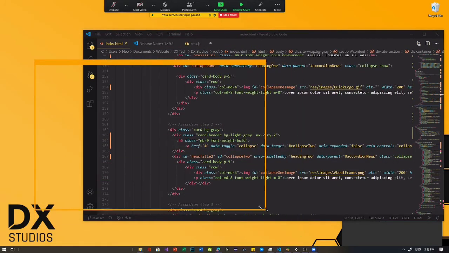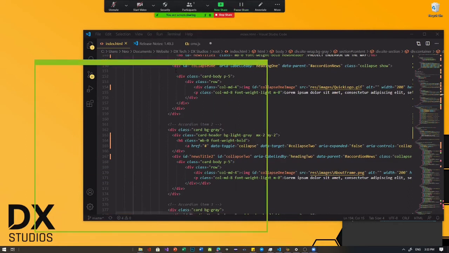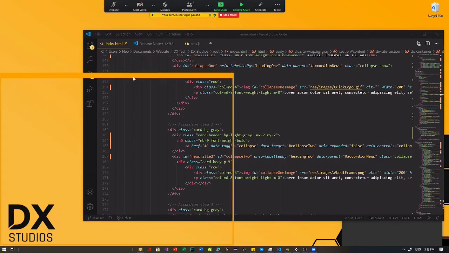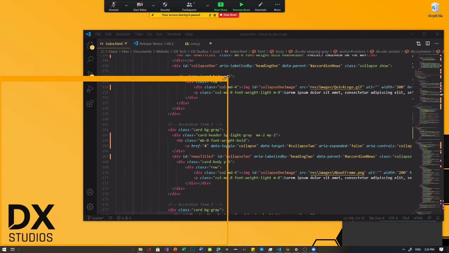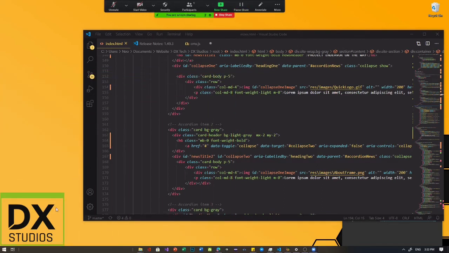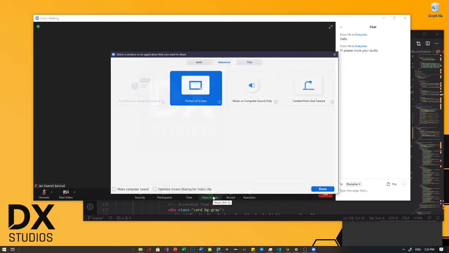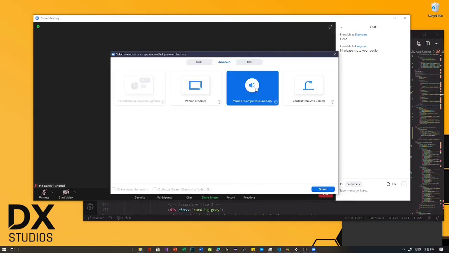We can also resize the portion of the screen that you would like to show. Like, for example, yung logo mo lang, so may pakita yung cool logo mo, yan. And they will only be able to see this on their share screen interface. Okay. If ever gusto mo music, gusto mo mag-share ng sound trip, ng Spotify or something, just press music